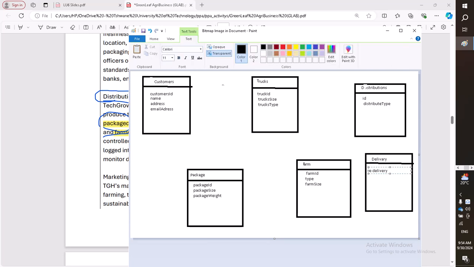In a delivery, I find delivery ID, the type of delivery, delivery type, how they will deliver it, and also deliver type. And another thing I'm looking for when I'm delivering the